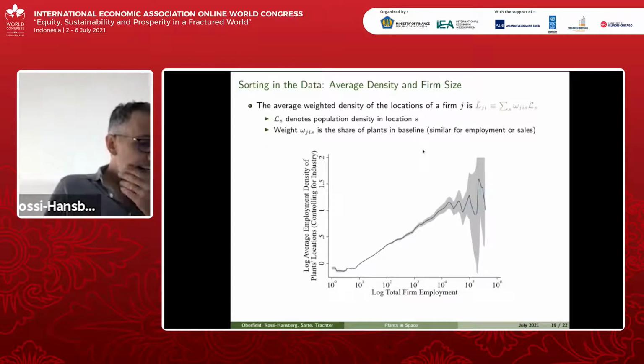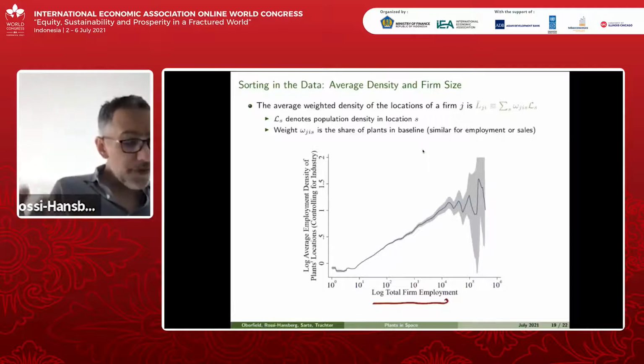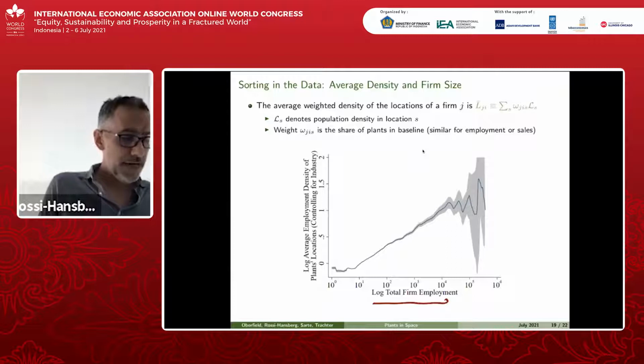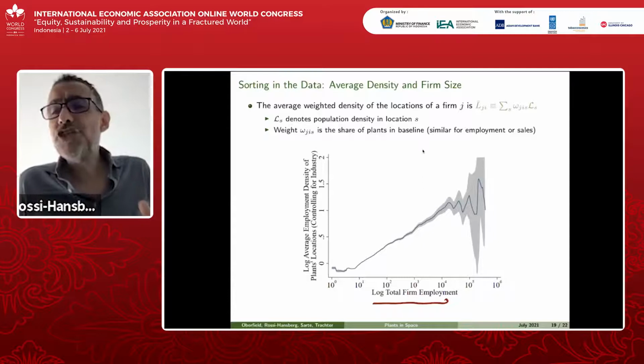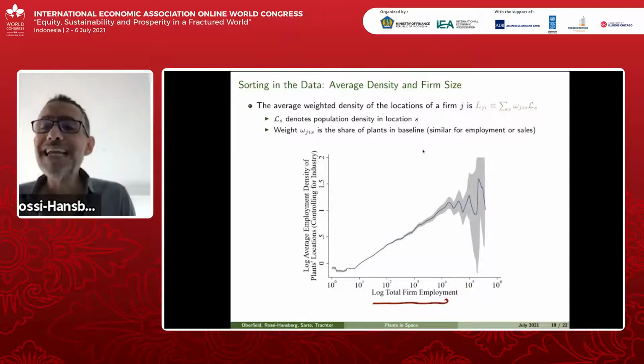Okay. And so the first evidence that I want to show you is this graph, and probably I'll stop here given the time. So this shows you the total firm employment. You can think about this as like the firm productivity, if you will. And then on the y-axis, what I have is the average density in the places where the firm has plants. Okay? And so what you can see is that there's a very clear positive relationship in the data, right? So namely, firms that are larger are present in denser places.